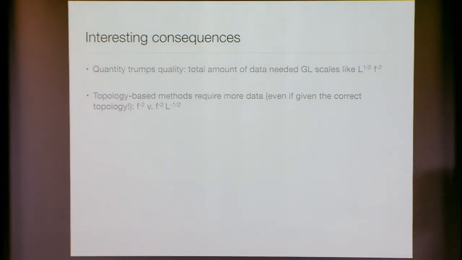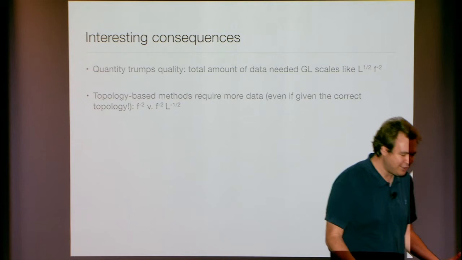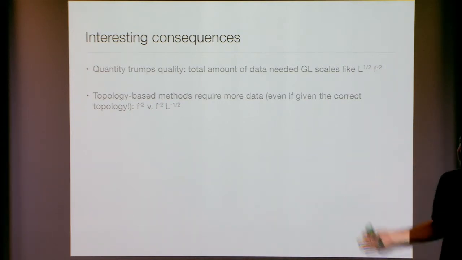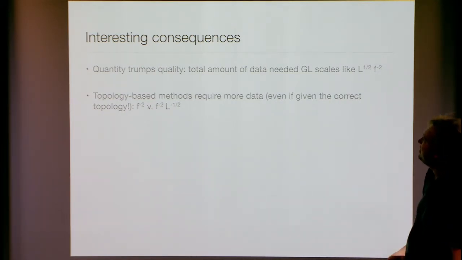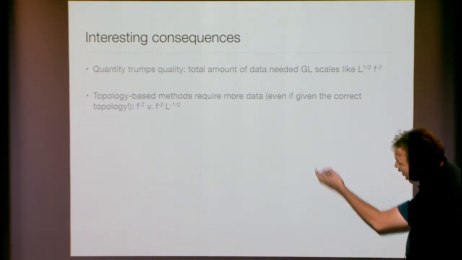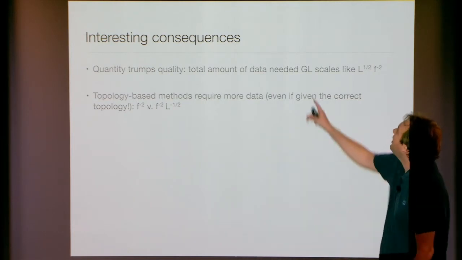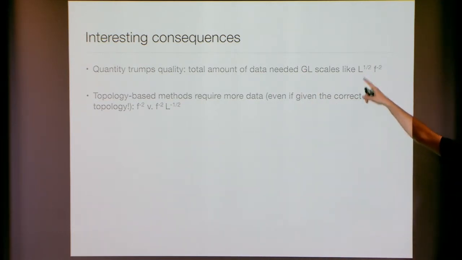Just to conclude, some interesting consequences of this. Suppose I go back to the question of how much data I need. If you measure the amount of data you need in terms of the total sequencing effort, the number of genes times the length of the gene, G times L, how does that scale with the sequence length? Well, if you do the computation in that previous picture, for every L I can find the optimal G. If I compute GL for this particular curve, I get that it grows as a square root